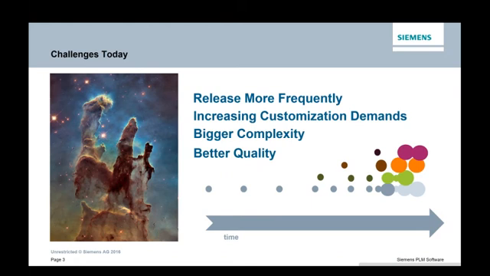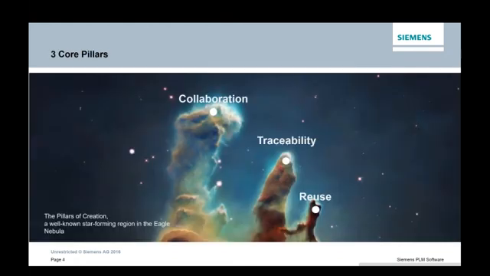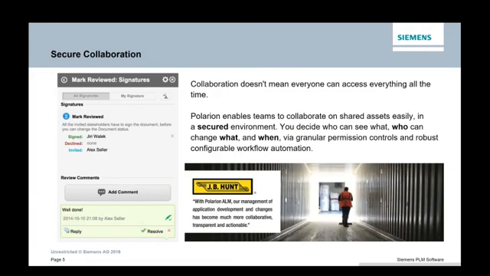Because of that, we built our solution on top of 3 core pillars. The first one is collaboration, traceability, and reuse. Let me quickly highlight what we mean by that. What do you think is important to consider when we speak about collaboration? If you review any other vendor that delivers either requirements management or ALM solutions, every one of us stresses collaboration. What we believe is a differentiator on one side, but it's also key in today's